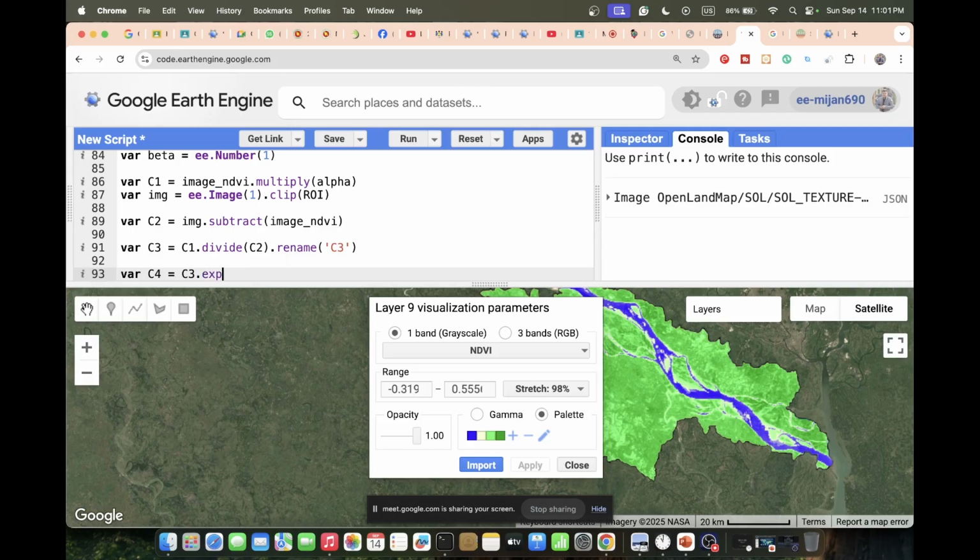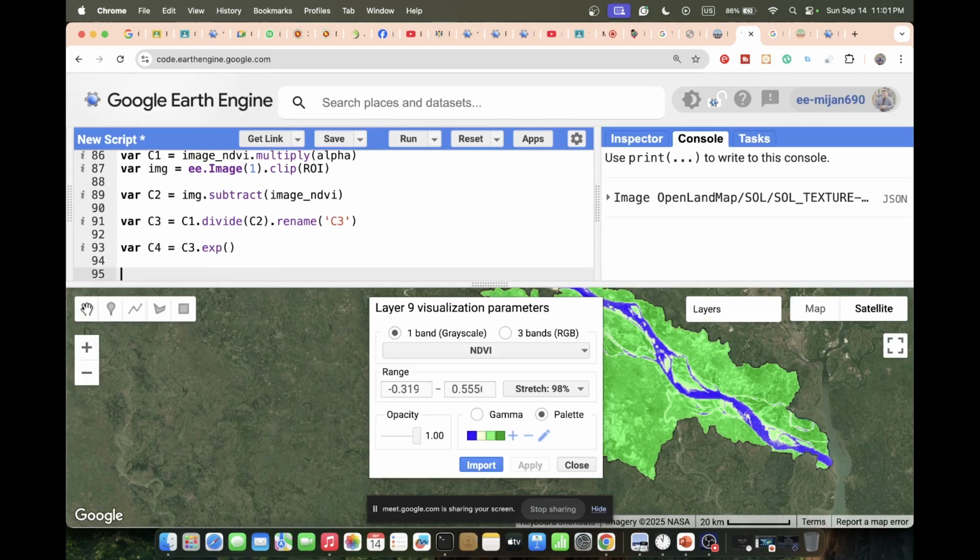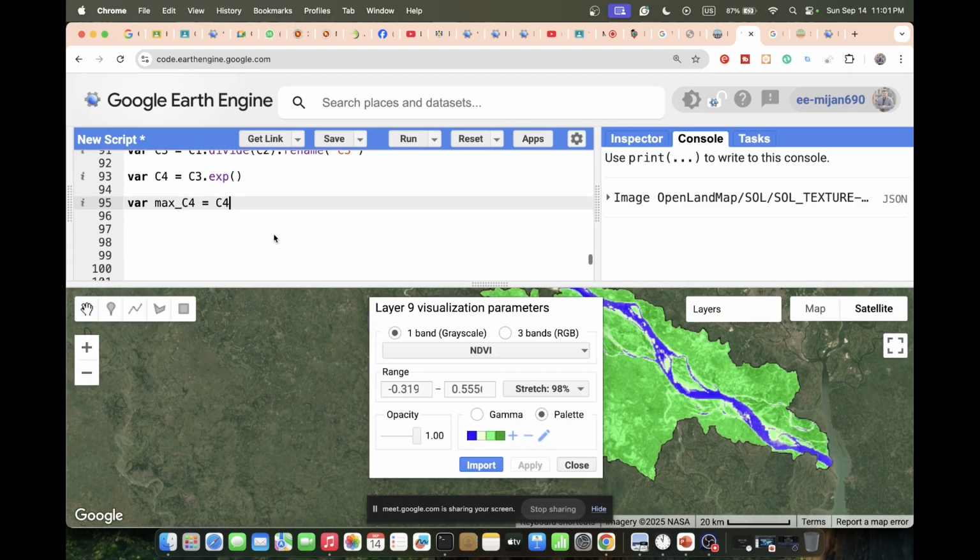So EXP, exponential, we compute. And now we compute the maximum value. So take a variable, suppose max C4. I want to compute the maximum value from here. Just copy and paste. And then to compute the maximum value, apply the reduce region. You already use this function reduceRegion a lot to compute the maximum value or average value, and then put here